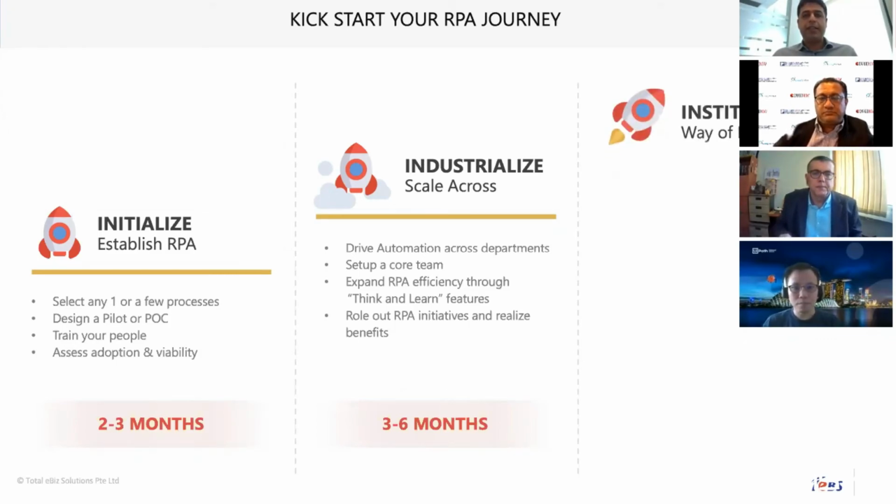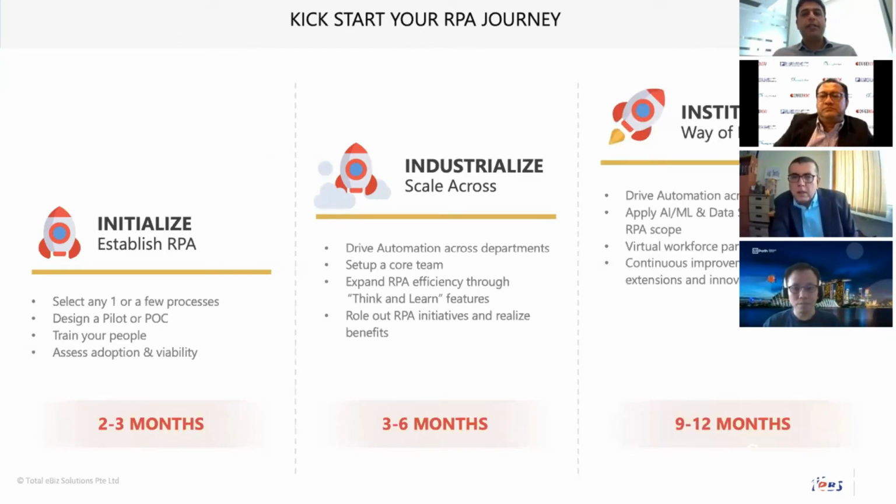And let's say within 6 months' time, when you're done with this, you can really start thinking about making RPA your way of life. You can drive automation across your entire enterprise, across various geographical offices and teams that you have. And we can bring in the intelligent part using data sciences, neural networks, and artificial intelligence, and make sure this virtual or digital workforce is part of your supply chain planning, part of core operations and logistics as well. And of course, we can build a continuous improvement process inherent to your RPA initiative, and make sure we learn and improve as we go along.